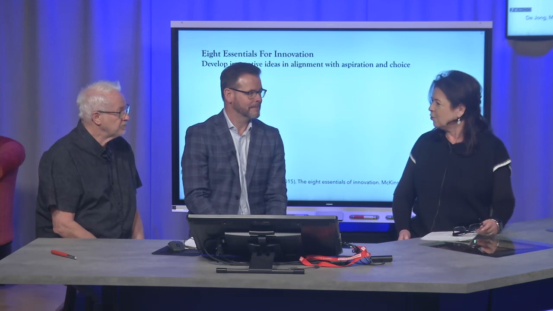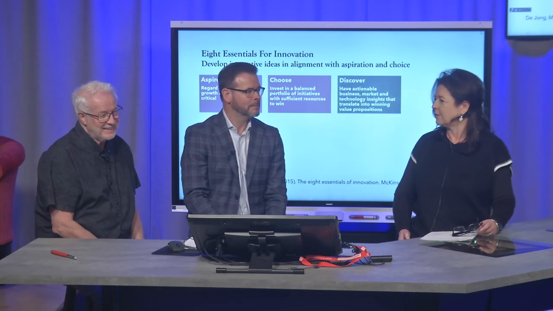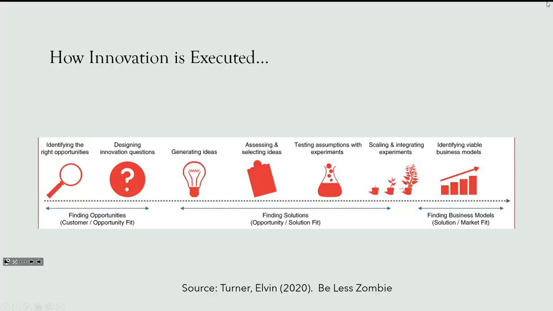So, let's start with you, Al. We have a little bit of a process here. We've talked about the 8 essentials of innovation, so maybe we can just start with saying, where are we on all of those 8 steps that we've been talking about up to now? Yes, so this is a framework that we've used throughout our presentations. Right now we're at the discover and evolve stages. So just to remind you again, aspire, choose, discover, evolve. And so we're now at the point where we're trying to take some of those insights we have and come up with ideas for the business.